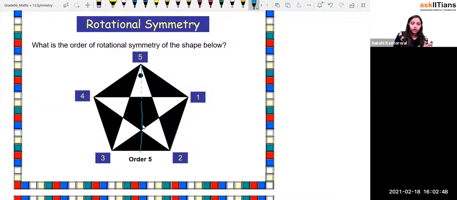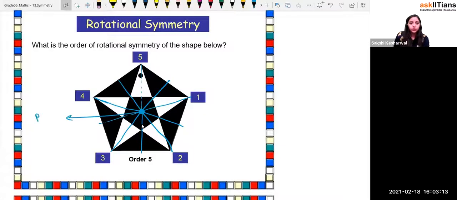Here like 1, then like 2, right? I drew it wrong. This will be like 2, right? This one is going to be 3, this one is going to be 4, and this one is going to be 5. Yeah, so this is known as what, beta? The point of rotation. This is known as the point of rotation.